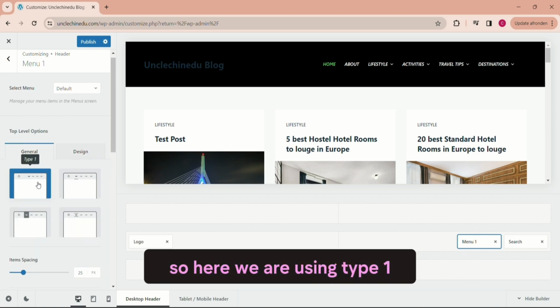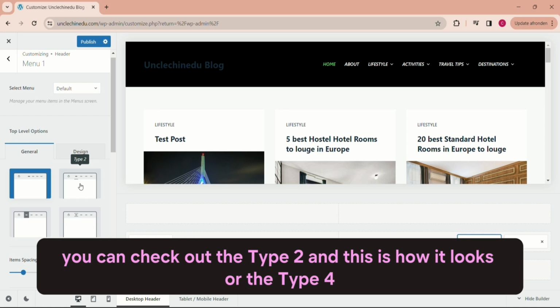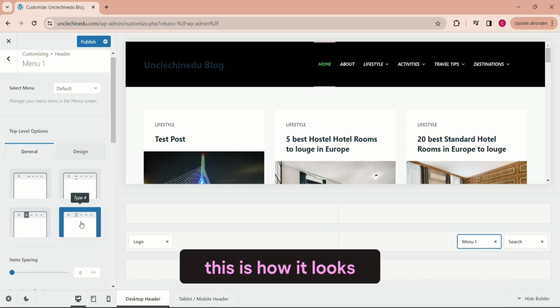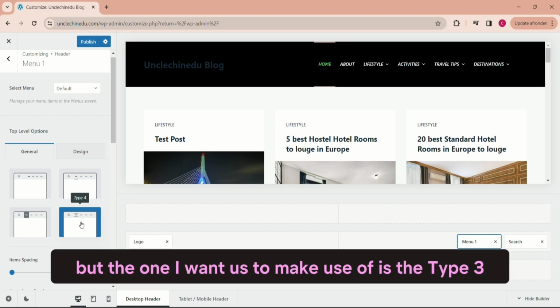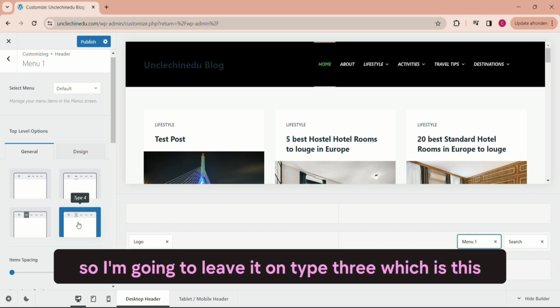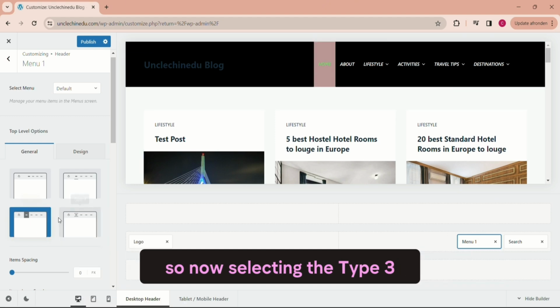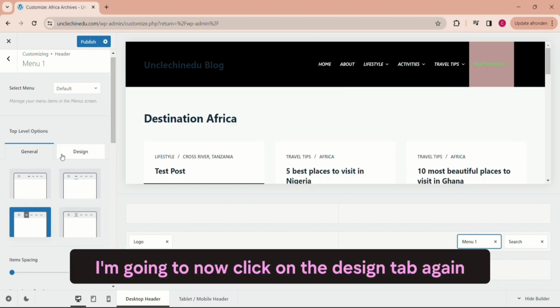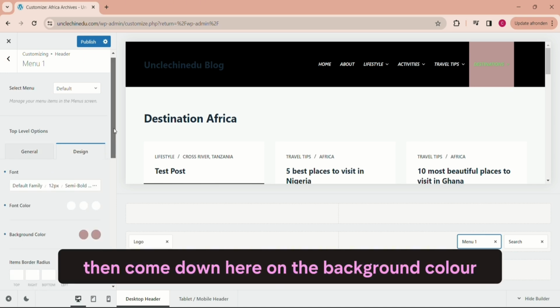So here we are using type 1. You can check out the type 2, and this is how it looks, or the type 4. This is how it looks. But the one I want us to make use of is the type 3. So I'm going to leave it on type 3, which is this. So now selecting the type 3, I'm going to now click on the design tab again, then come down here